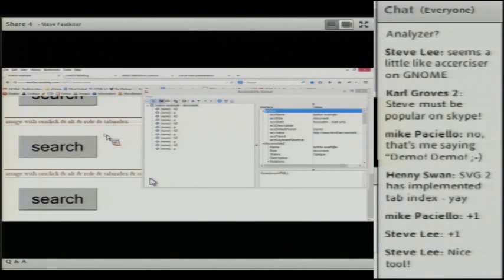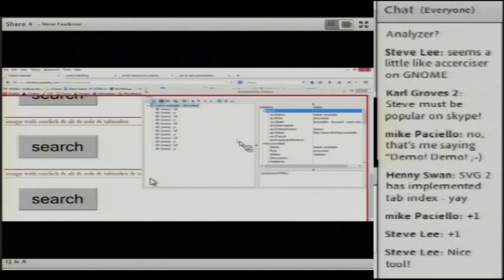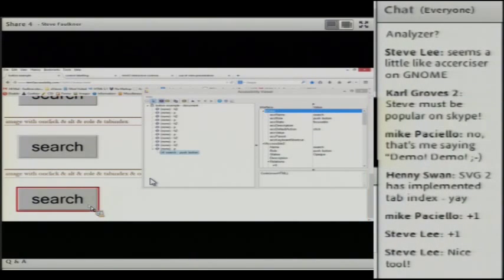The on-click works. But if I try pressing the enter key and the spacebar key, which is what I expect would make a button activate, nothing happens. That's because even though it's focusable with the keyboard, it doesn't have the required event handlers, the standardized event handlers that you would expect for a button. So the next step is that in this one, it's now had those required keyboard event handlers added. So now when I use either the spacebar key or the enter key, it will react.